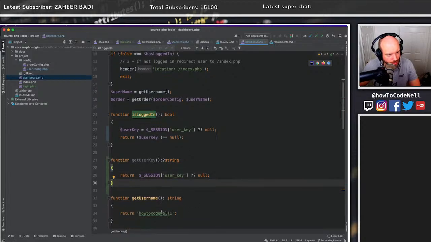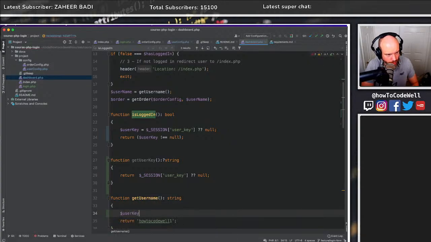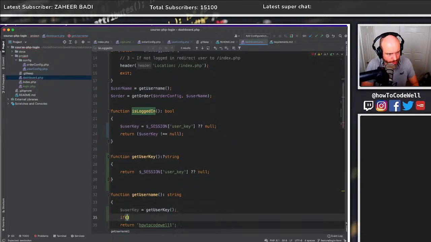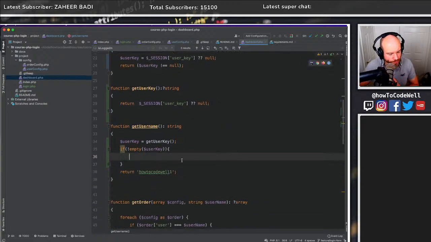So get username will be, user key is equal to get user key, if it isn't empty, and we're going to need to